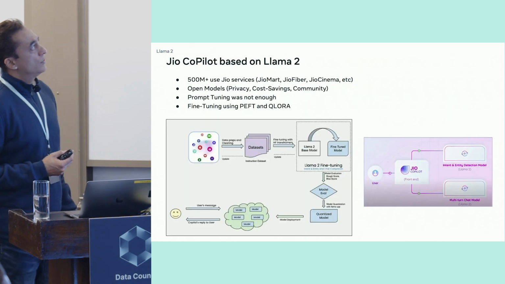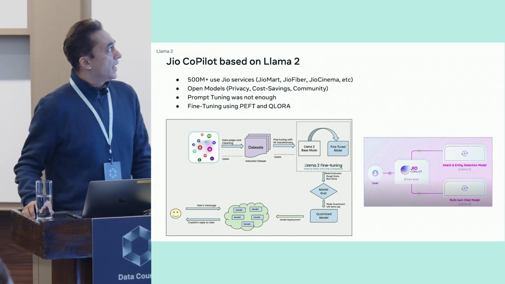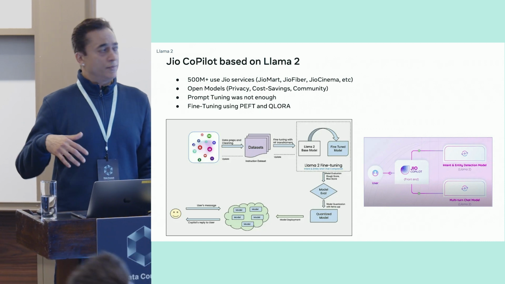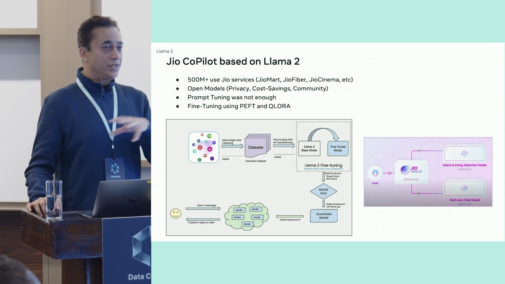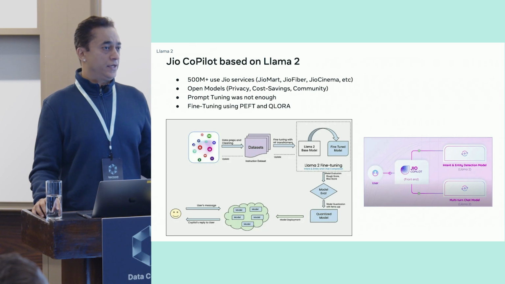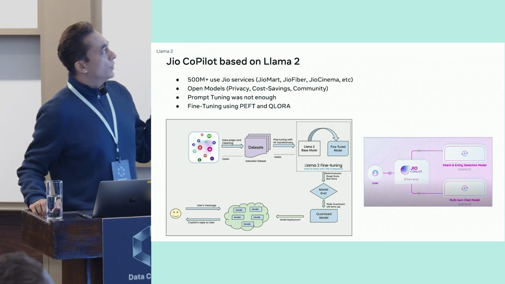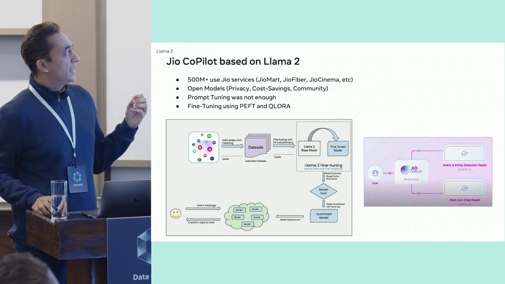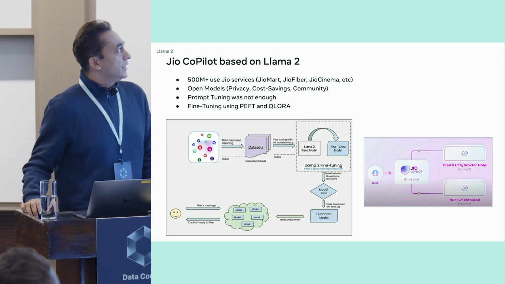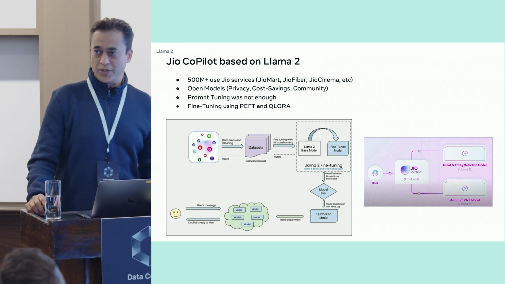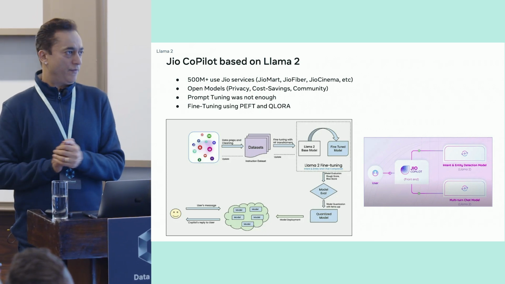There's this second use case. For people who don't know, Jio is one of the largest companies in India, and they are a telco company, commerce company, entertainment company, and they use the Llama models. They actually started with ChatGPT, and they found that the cost was pretty high. It was cost prohibitive for them to use ChatGPT. So they took the Llama models, and they found it super cost effective, plus privacy, and they got a lot of community support. They started with prompt engineering. They modified their incoming prompts to do the task, but they found that to be limited.